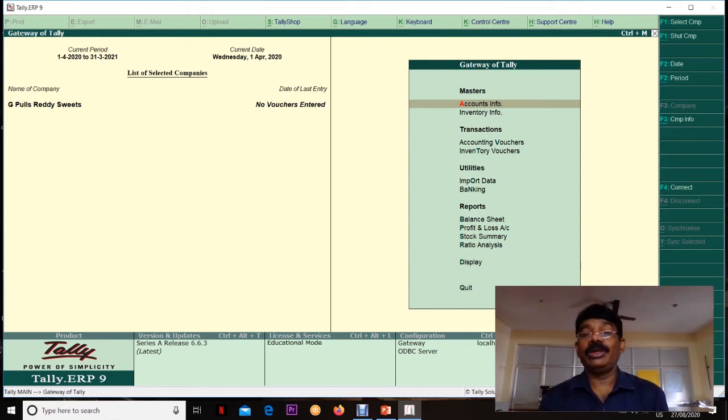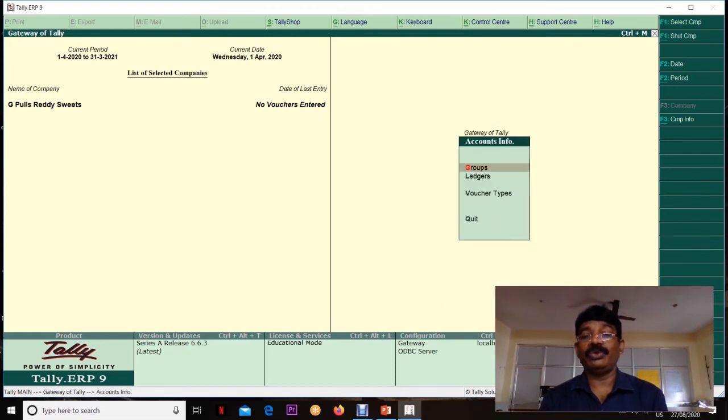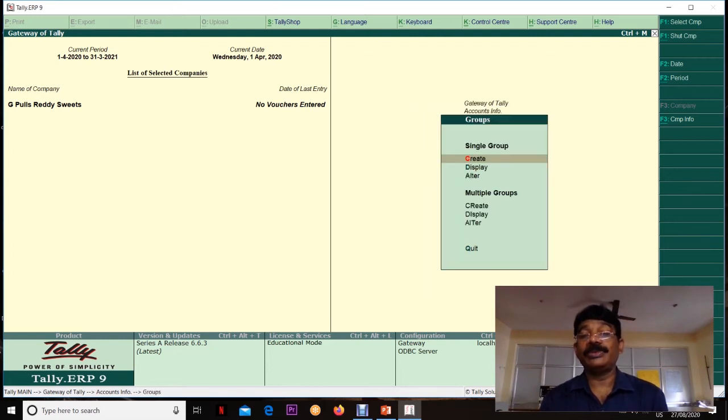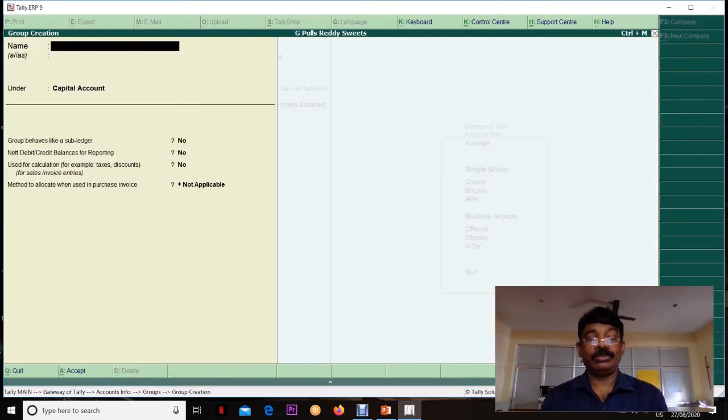For creation of either groups or ledgers, click on accounts info. We got the accounts info window, which consists of groups and ledgers. Click on groups. Under groups, we got two options, single and multiple. Create a ledger account and group under single mode.